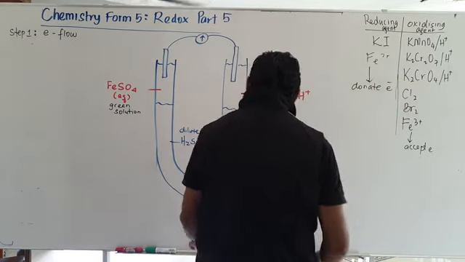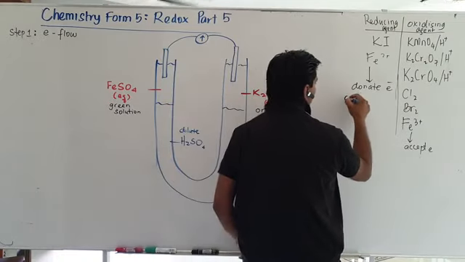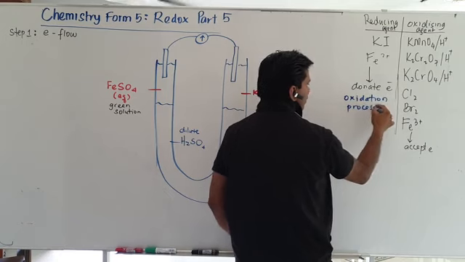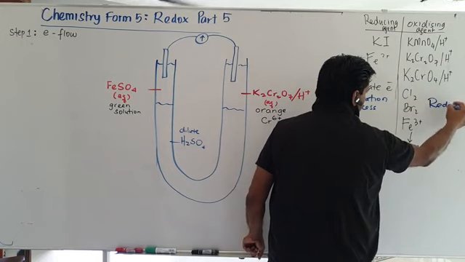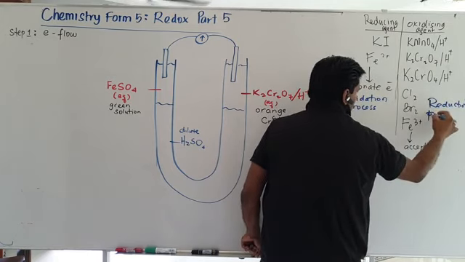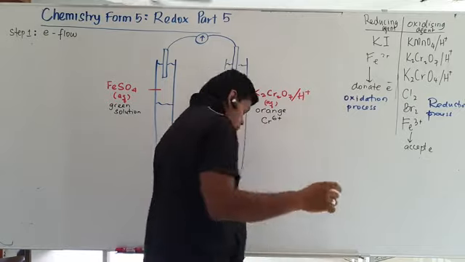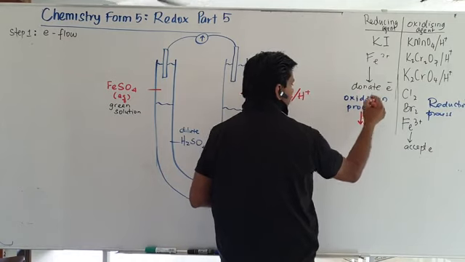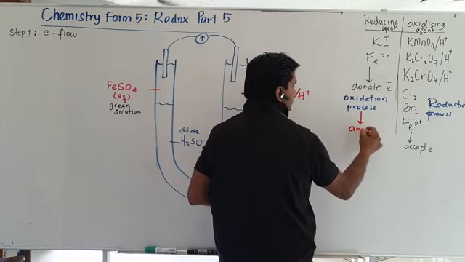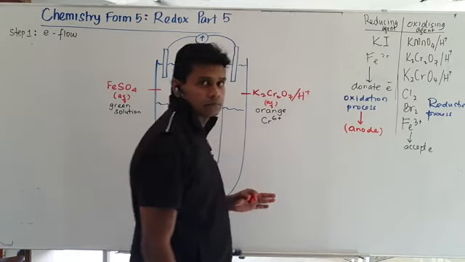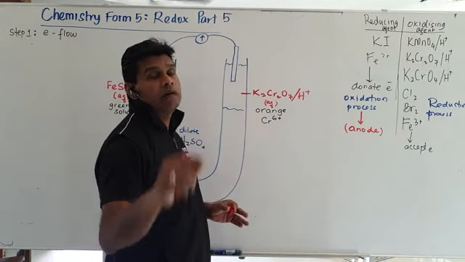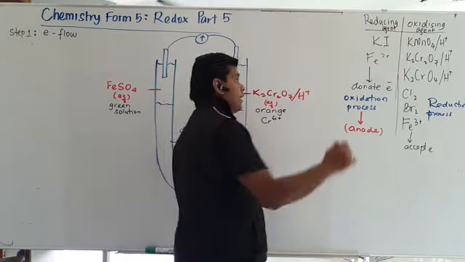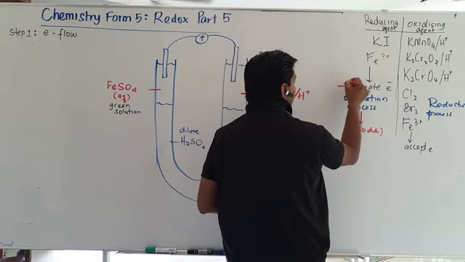In other words, the reducing agent undergoes the oxidation process. This is a reduction process. What I told you in the previous lessons is that anything which is undergoing the oxidation process becomes the anode. That's the definition of anode: the oxidation process takes place there. Anything which donates electrons is called the negative terminal.